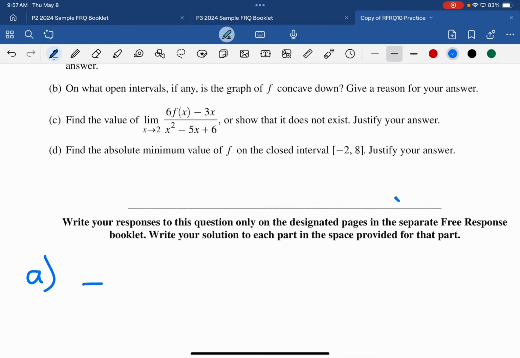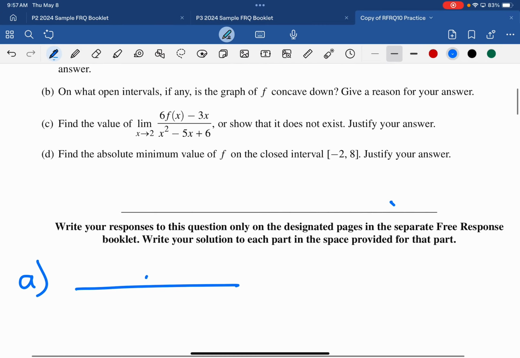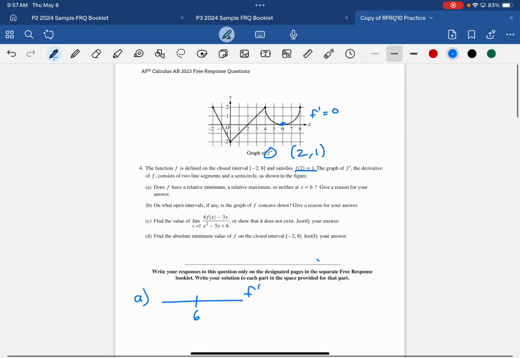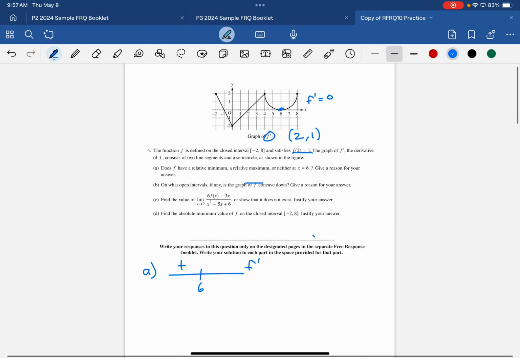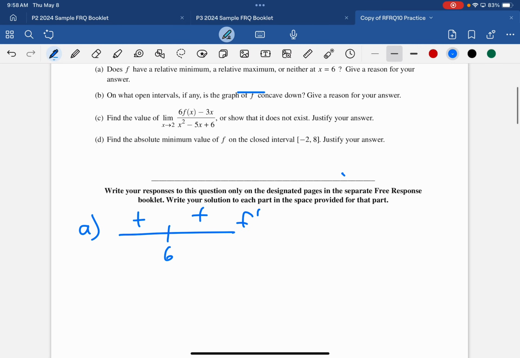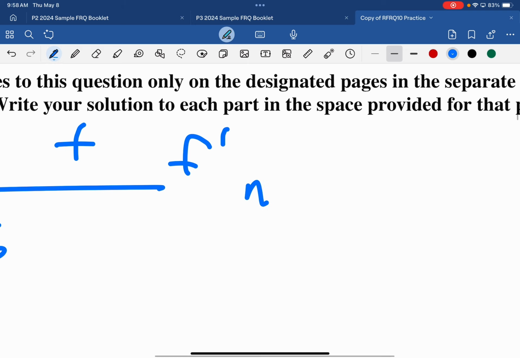Relative minimum, yeah. Let's see. At 6, this is a plus minus graph for f prime. What's the sign of f prime before 6? It is positive. What's the sign of f prime after 6? Plus, oh snap. So that means f is increasing, then increasing. So do we have a max or a minimum there? No. So it's neither. Whoa, that's an N. Okay, neither,